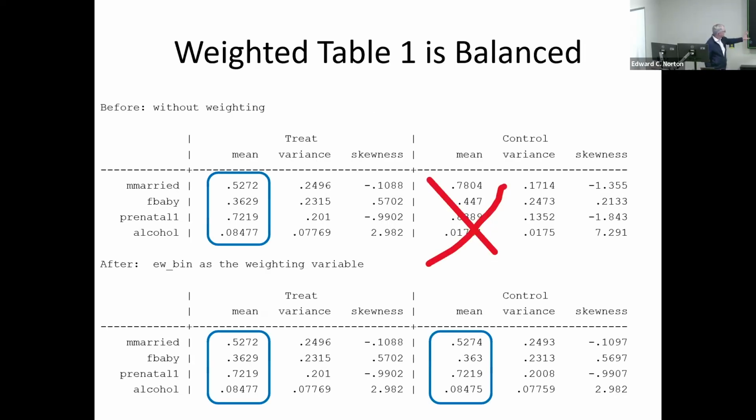If we do entropy balancing, let's think about this as the table 1. Without weighting, this reproduces what we just saw, but also with variance and skewness. And we see these do not match without weighting. Here I've created entropy weights for the binary variables as the weighting variable. And here we'll see that we get the same mean, variance, and skewness. Okay, so we can match those. Things are off in like the 4th decimal place because I didn't get the tolerance quite deep enough, but these are basically the same, and I could rerun it to match them even better.